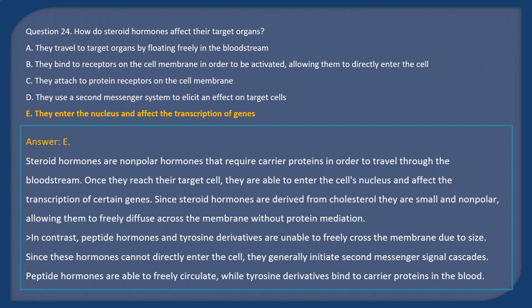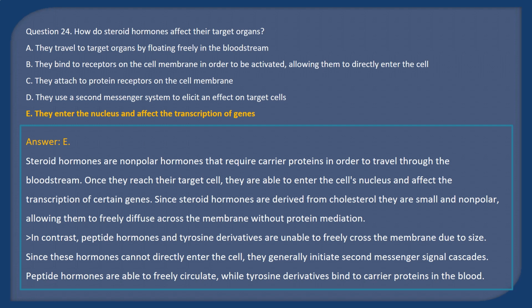Answer E. Steroid hormones are nonpolar hormones that require carrier proteins in order to travel through the bloodstream. Once they reach their target cell, they are able to enter the cell's nucleus and affect the transcription of certain genes. Since steroid hormones are derived from cholesterol, they are small and nonpolar, allowing them to freely diffuse across the membrane without protein mediation. In contrast, peptide hormones and tyrosine derivatives are unable to freely cross the membrane due to